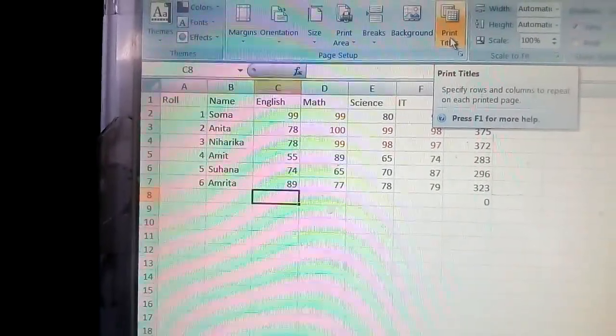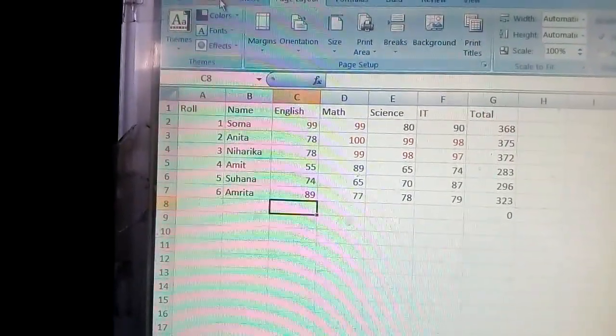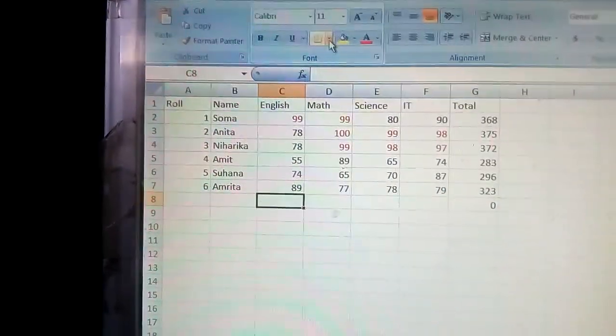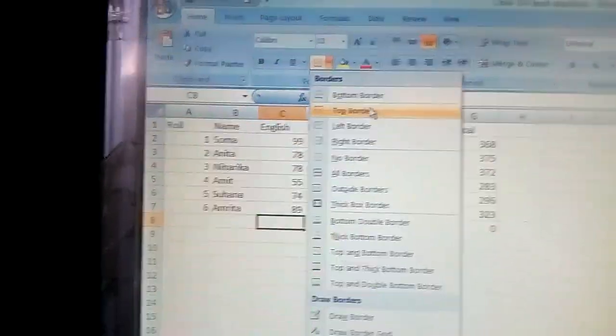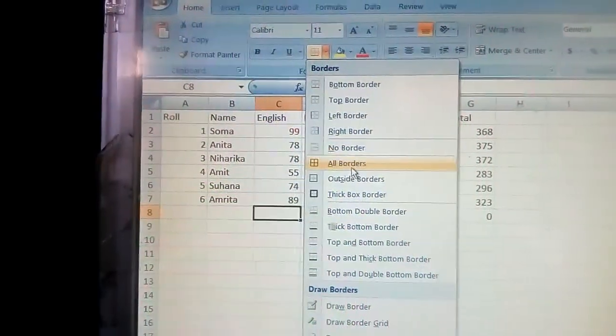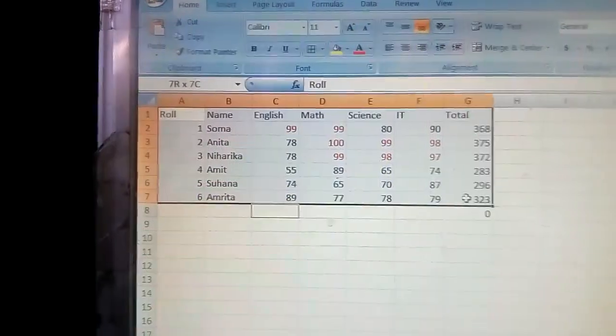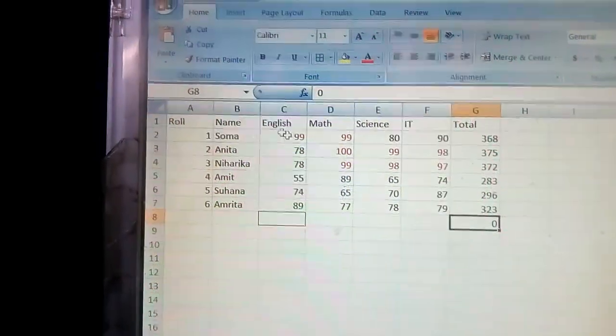Next one is borders. For that you have to click on Home, and then you can see the borders here. Which type of border you want, you just select here. First you have to set the table, or which area you want.